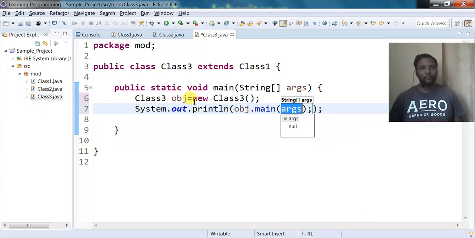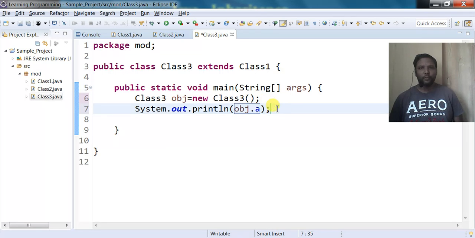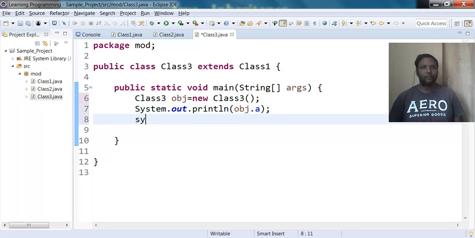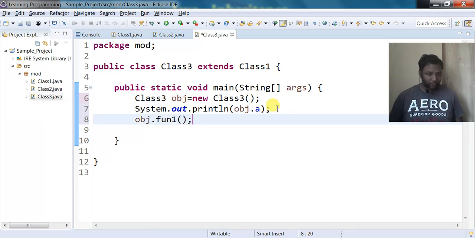Sorry, obj.a. Sorry, obj dot. Okay, so here see